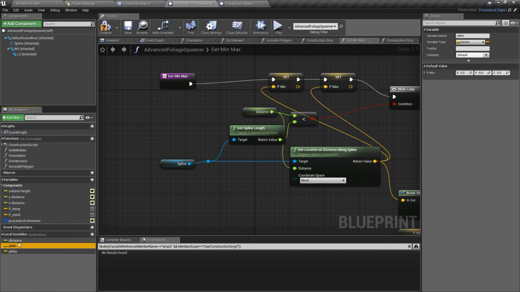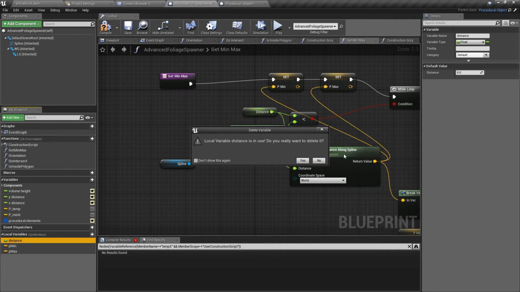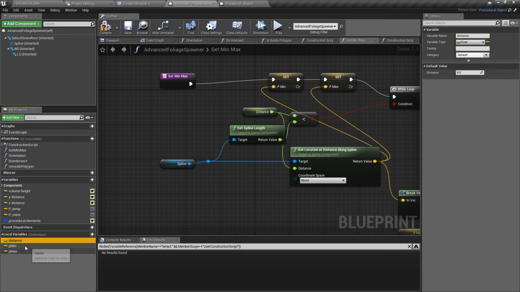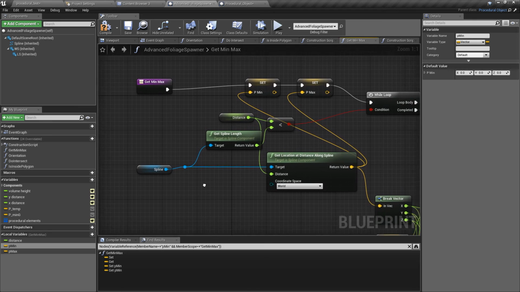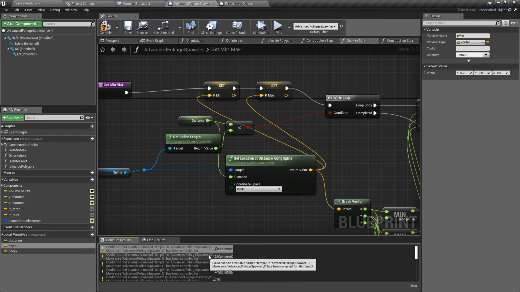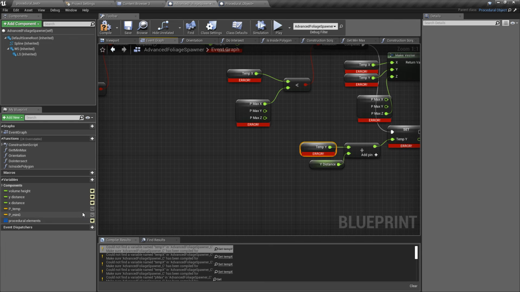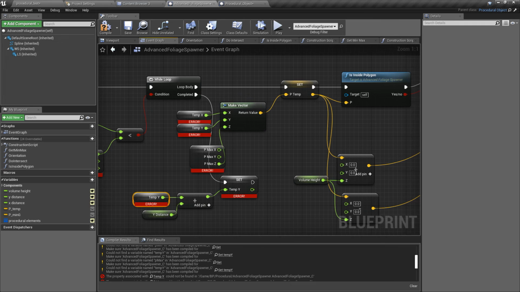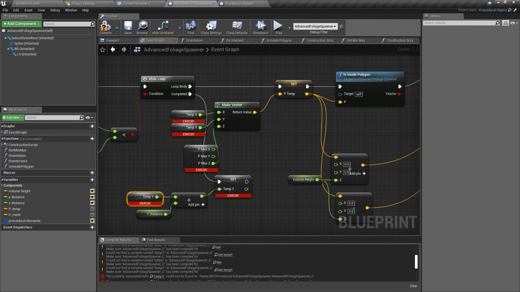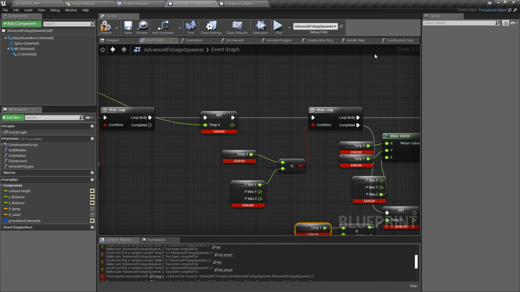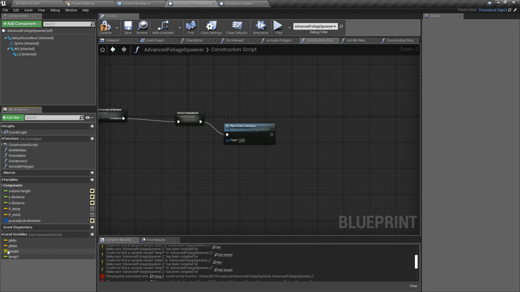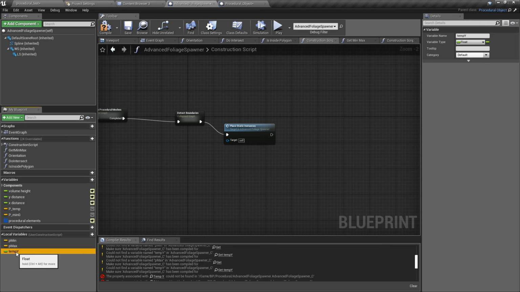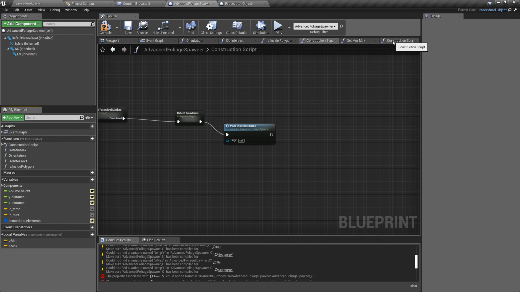Okay, let's do this. Let me delete this and use... Errors. Okay, temp y and temp x, those are the problems. I can delete temp y and temp x, and then